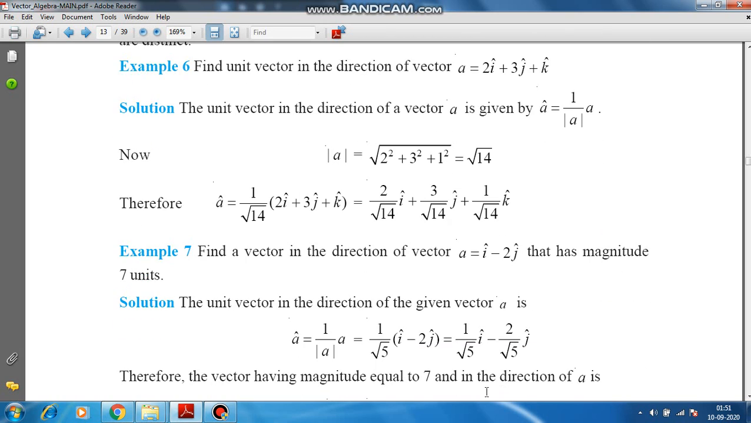Now another example comes here, find a vector in the direction of vector A equal to i minus twice j that has magnitude 7 units. So in this case we have to find first the unit vector along this vector and then multiply by 7. So unit vector